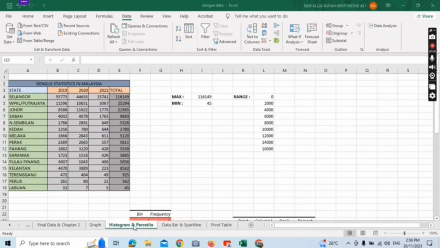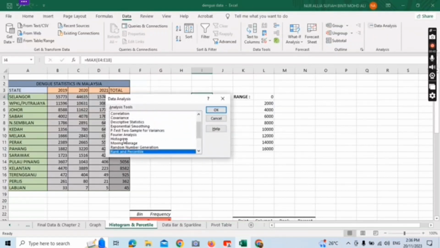So next is histogram and percentile. First we need to identify the max and min value. As usual, we use the formula, and then we select the cells from E4 to E18. After that we create a histogram to show a graphical view of the frequency distribution by using a bin range to see the result. First we need to define the bin range, which is selected from the data here, the total data from E4 to E18, and then to create the histogram, go to data and data analysis, find the histogram, and